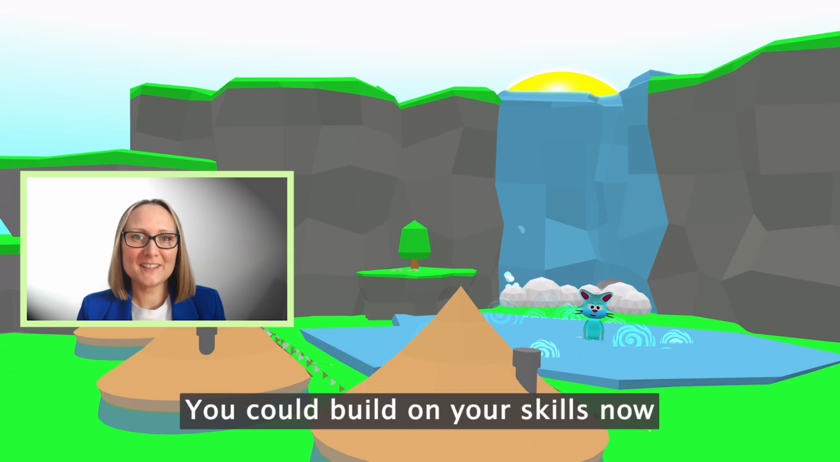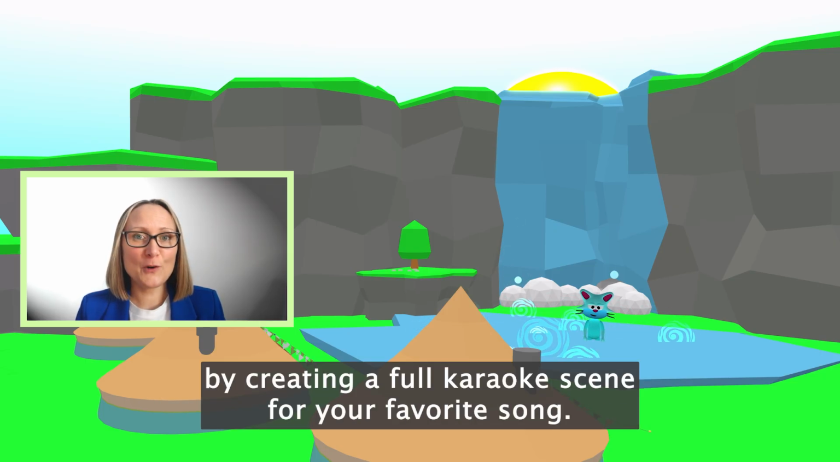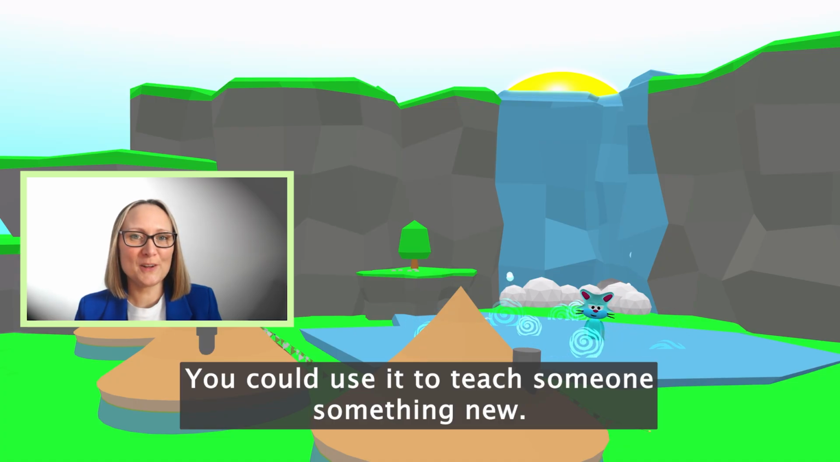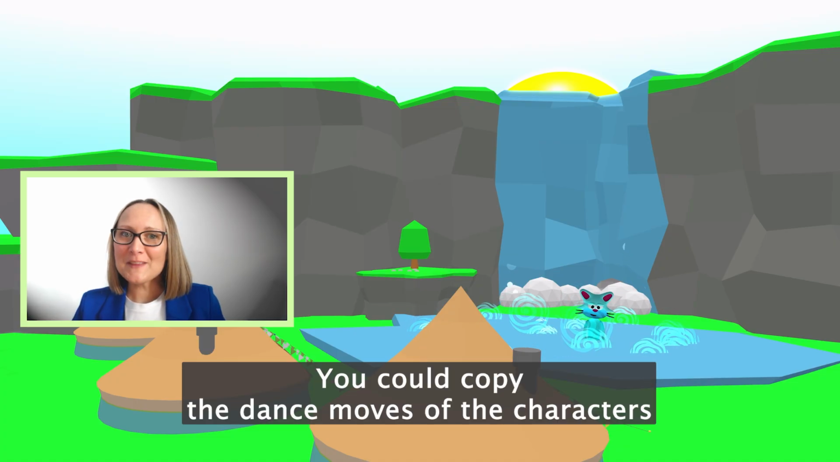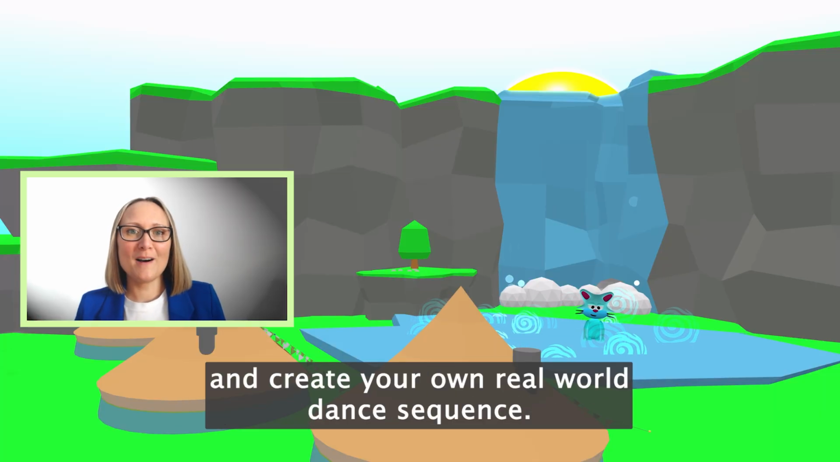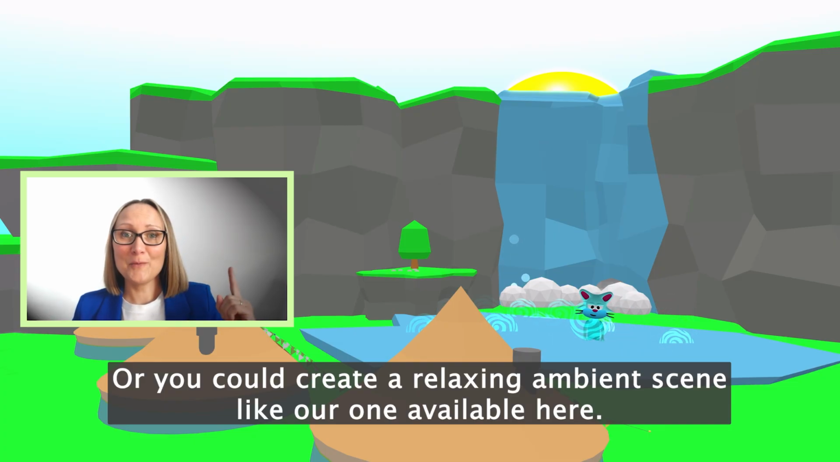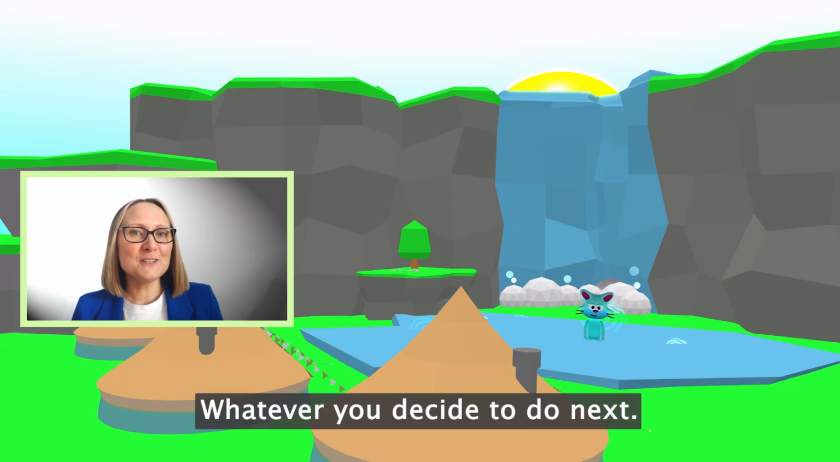You could build on your skills now by creating a full karaoke scene for your favourite song. You could get it to recite your favourite poem or one you've written yourself. You could use it to teach someone something new. You could copy the dance moves of the characters and create your own real world dance sequence. Or you could create a relaxing ambient scene like our one available here. Whatever you decide to do next,